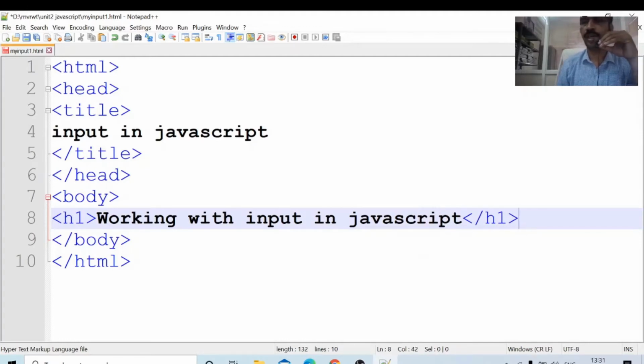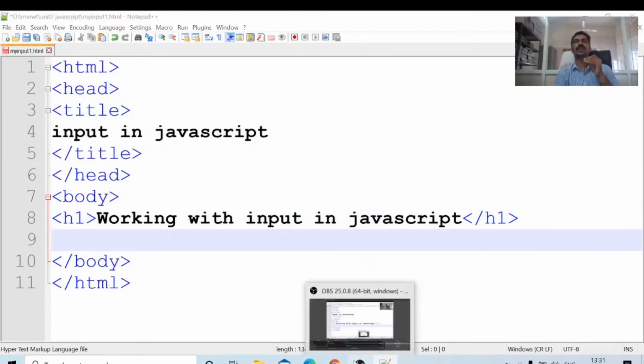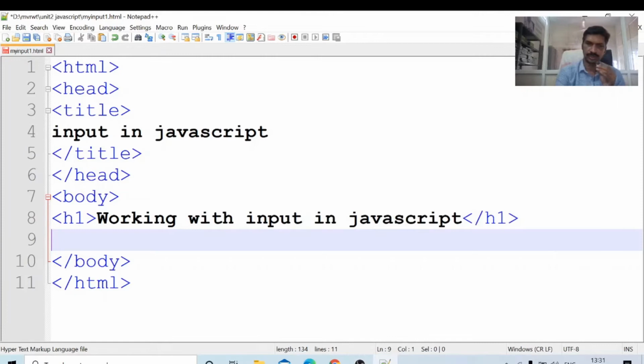Up to now I have not written any scripting code. Now the movie starts.